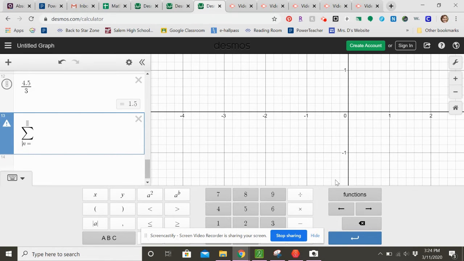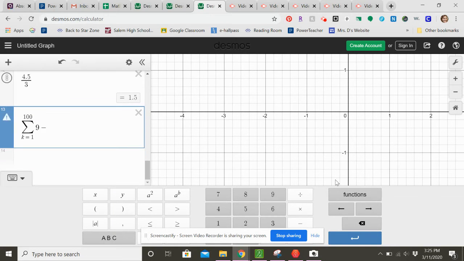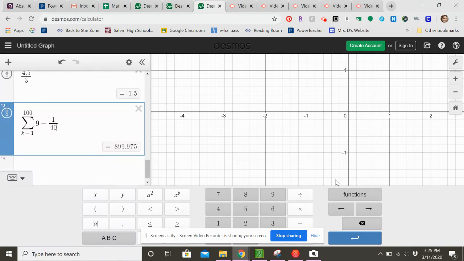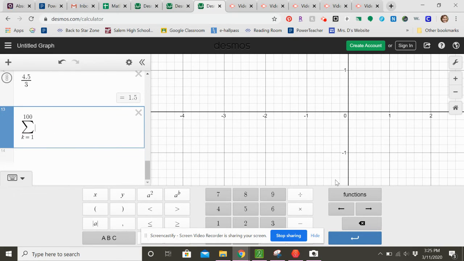All right, so functions, miscellaneous, sigma notation. This formula had a k in it, so I'm swapping that out for k, and it was from 1 to infinity. Now I'm just going to start with 100, see what happens. Okay, we'll see how that goes. So we had negative 1/4. Oops, excuse me, I thought that was a parenthesis. Negative 1/4